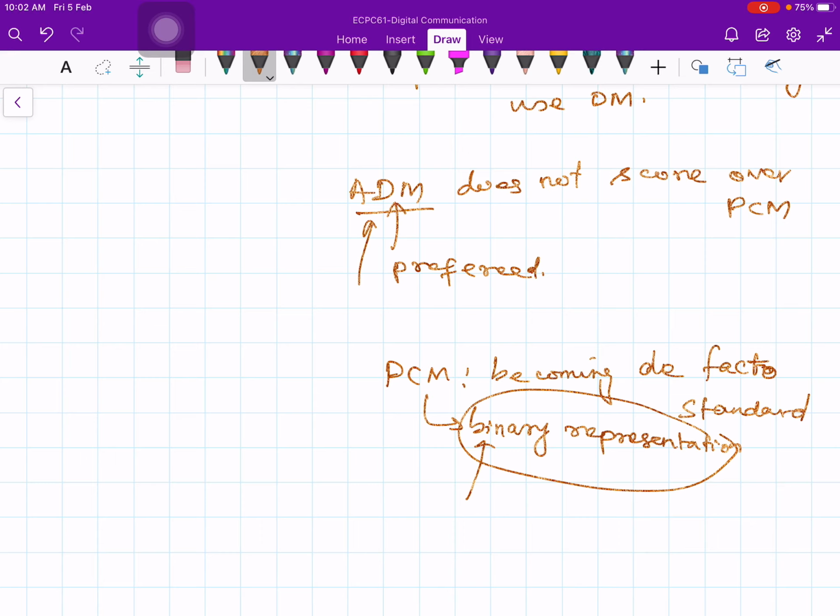Okay, but I think that's the end of the series on how to convert the analog signal to digital signal. But at the same time, we are not quite finished with PCM. One more topic is left in pulse code modulation, because it gives one more advantage,